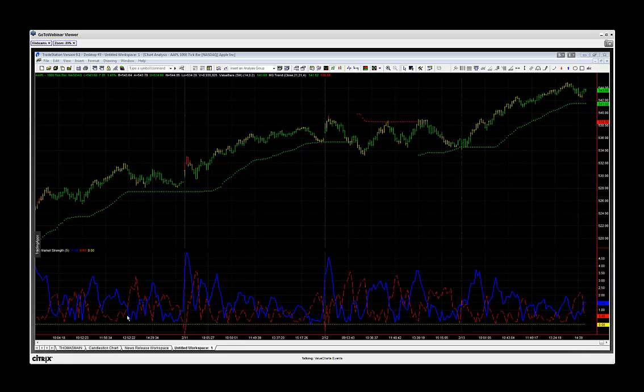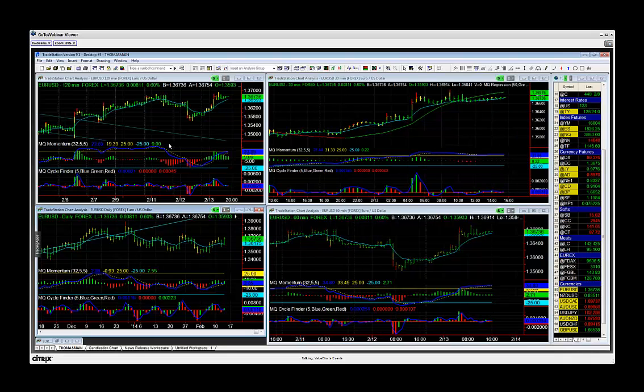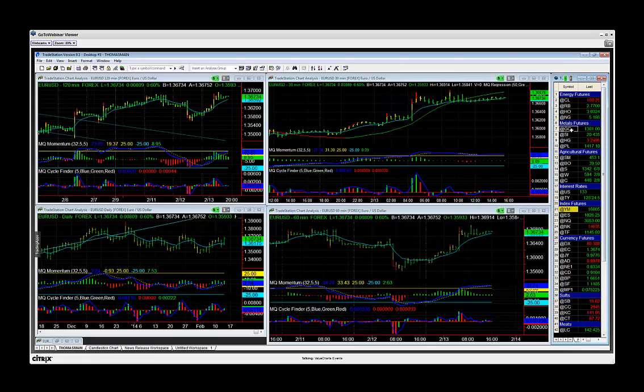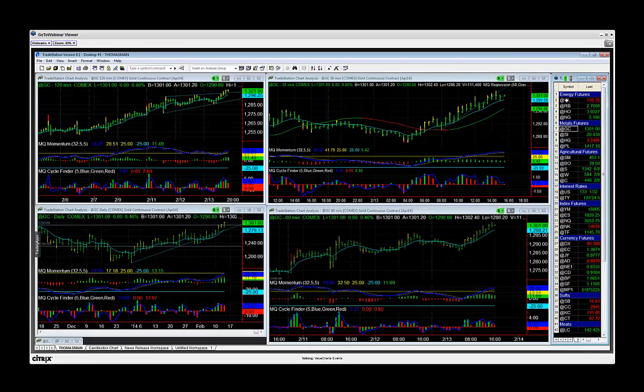How about, I can absolutely do that. Can I pull up, this is what we normally look at in the trading room. This is what I analyze when I'm looking at the markets. I have my momentum, I have my cycle finder, I have my values, and I have my trend with the MQ trend. For example, let's pull up a market right now and see what it looks like. Well, gold, if you're looking at gold,